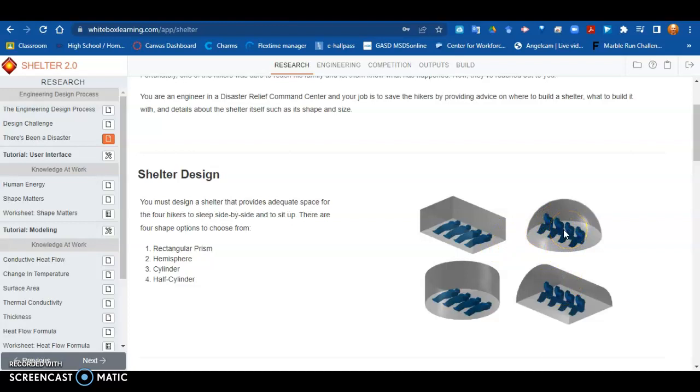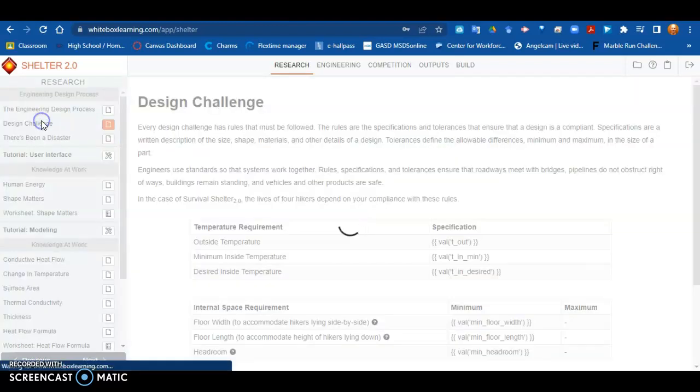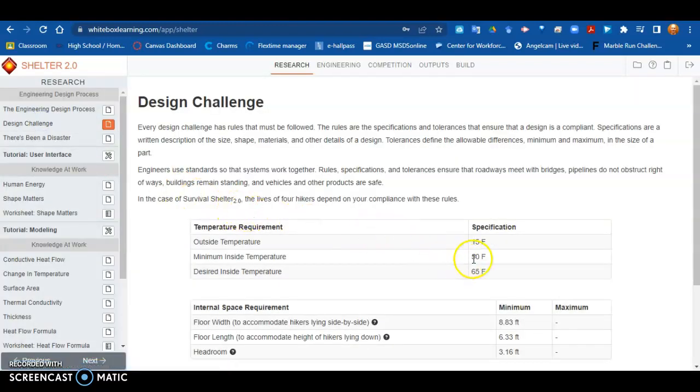And you need to choose one of 3 locations on a mountainside, and you need to be able to maintain a temperature that would keep them alive. I believe the minimum spec is 50 degrees, or 55 degrees, and keeping them alive. That is here in the challenge set itself. The minimum is 50 degrees. The desired temperature is 65 degrees. So your goal is to try to create the shelter out of materials that are available to you on the mountainside,